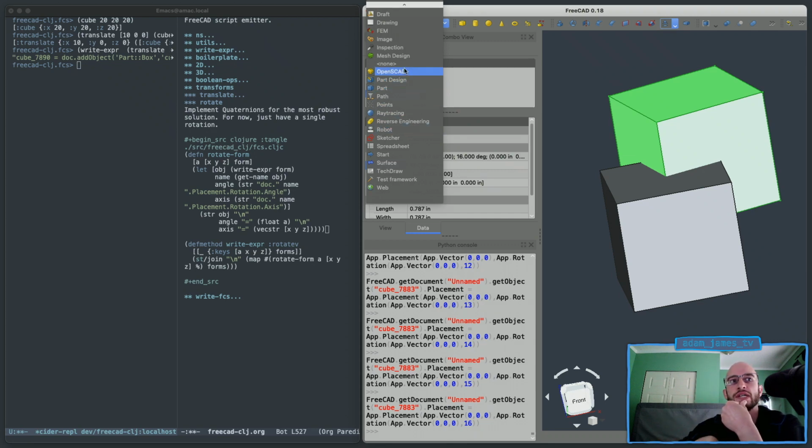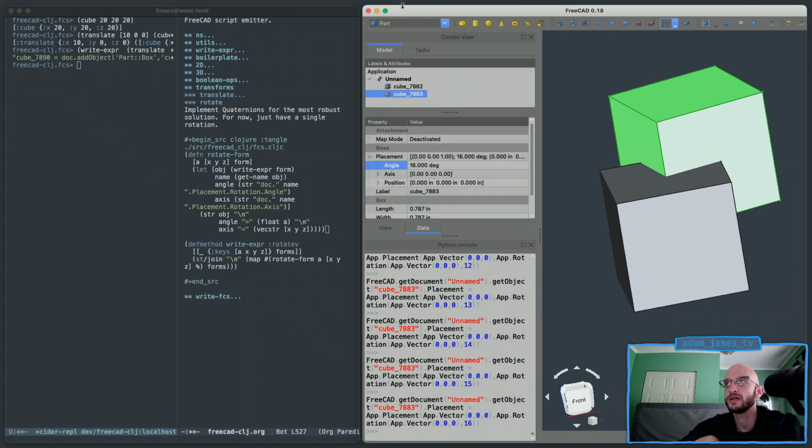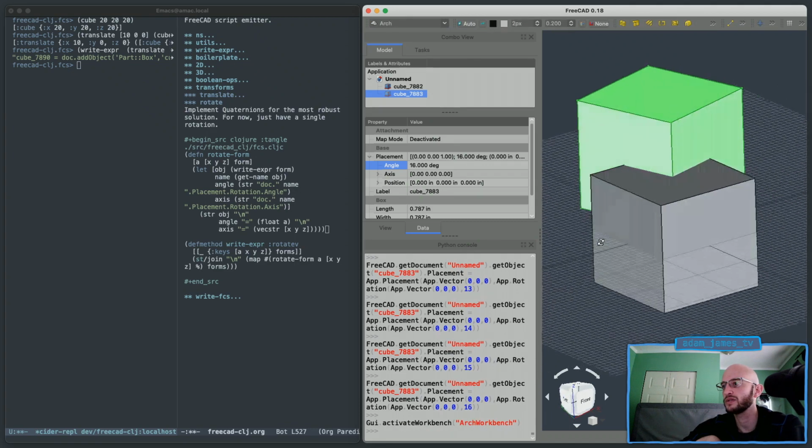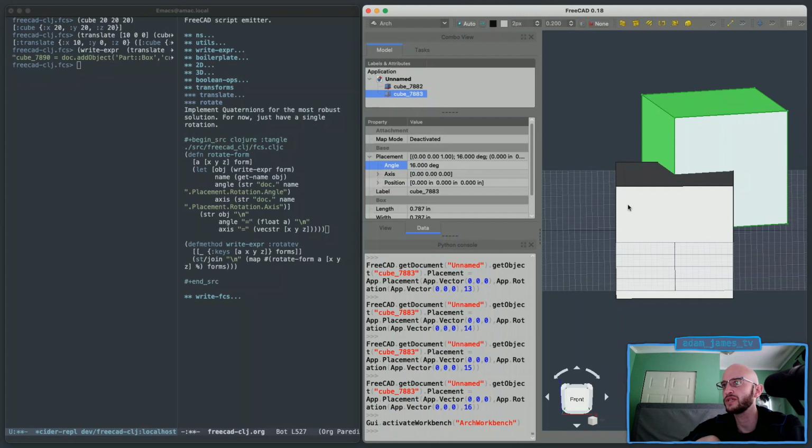They're all quite distinct utilities, but they can all use the document database and build off each other. Oops, I accidentally switched to the Architecture module. See that? The same parts are used here, but the toolbars have all changed